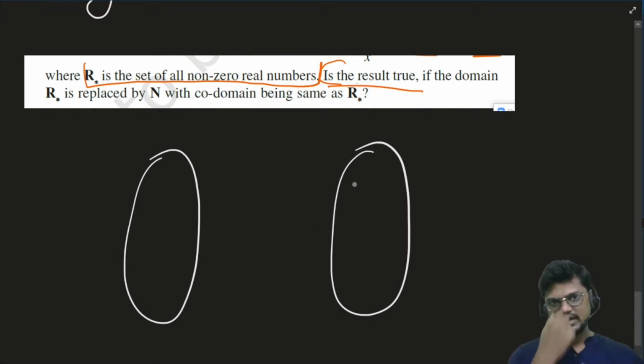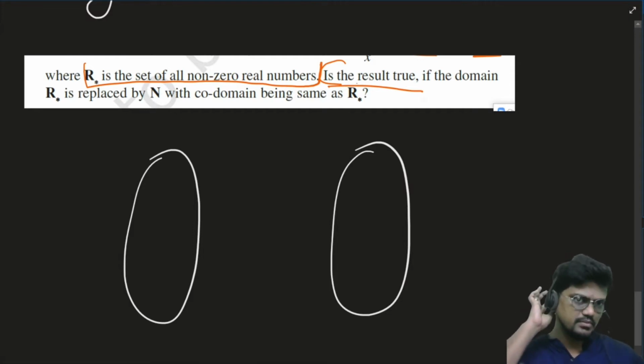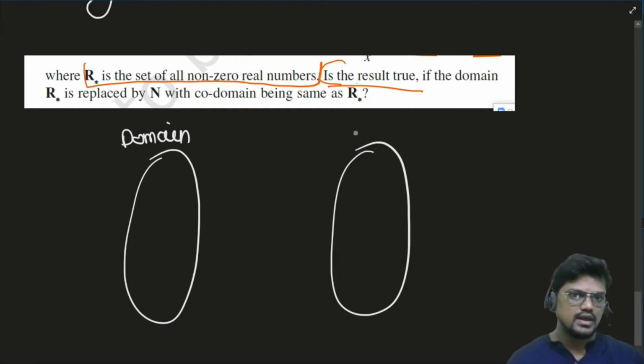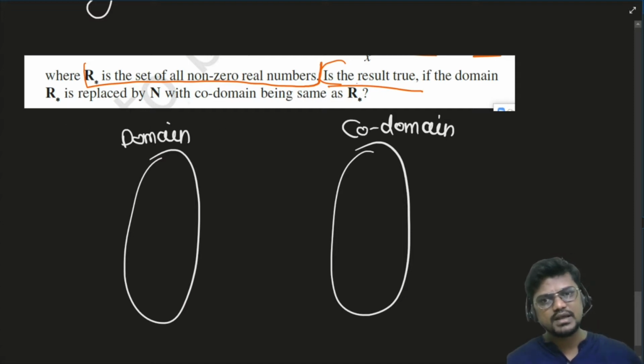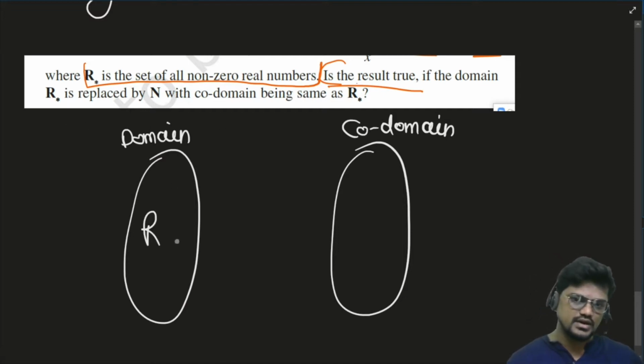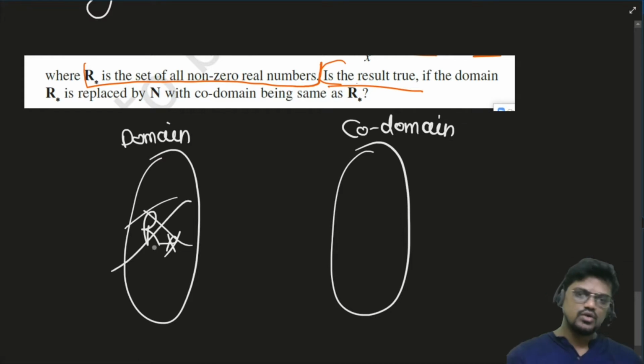See, if the result is true if the domain R star is replaced with N, I've already told you that the elements over here are the domain, and this is the codomain. Now what they have said is, if the domain R star is replaced by N, now R star is not there over here. I have written only natural numbers,